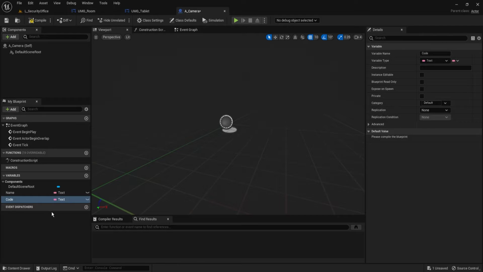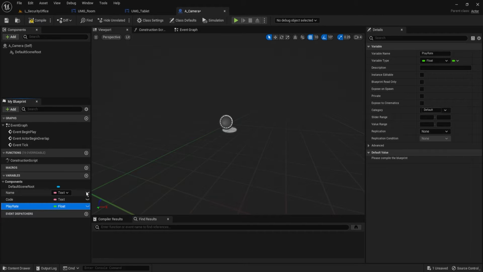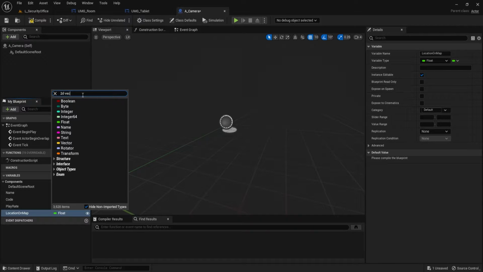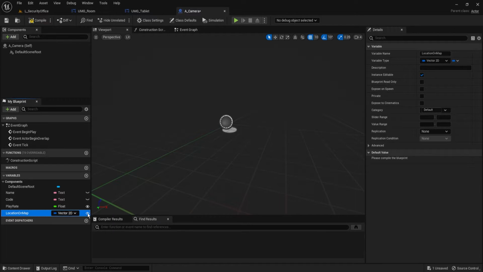Back in camera, we want to add, I'm not sure if I use this, let me just double check. Okay, so we're going to add a variable we'll call play rate. If you want the camera to rotate, you can use this. It's going to be a type float, and we want it to be instance editable. Next, we want location on map. This is going to be a 2D vector, and make sure it's visible because we want to change it based on each